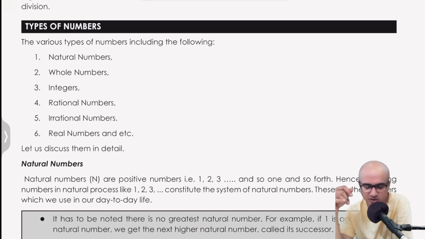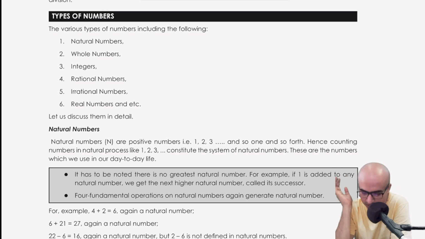We have different types of numbers here. Let us see what each of these actually means. Now let's start with the first type of numbers, which is the natural numbers. The name itself actually tells us what exactly they refer to. Natural numbers by definition are a set of positive numbers that start from 1 and continue indefinitely. There is no end to it. Only the starting point is known and not the end point.